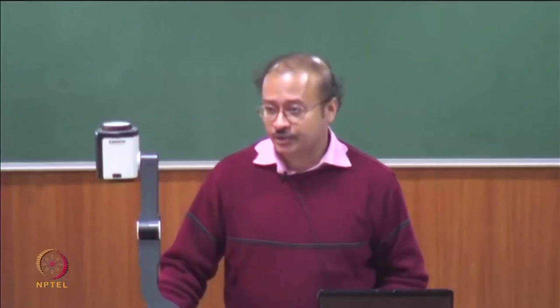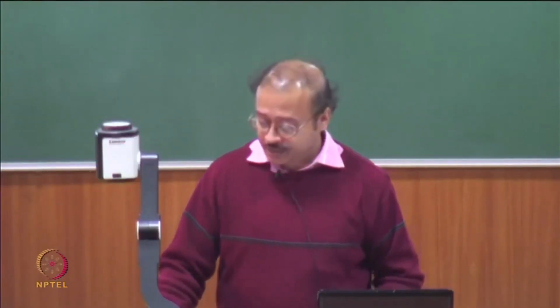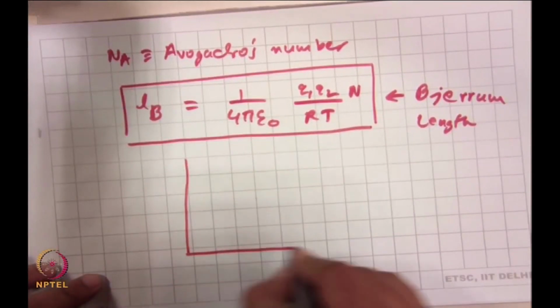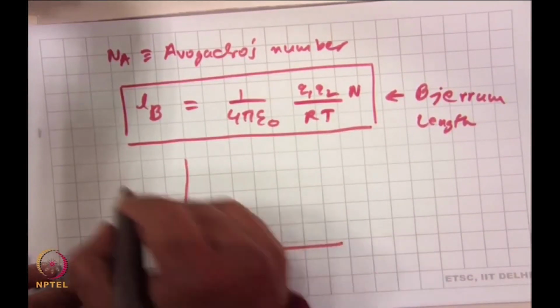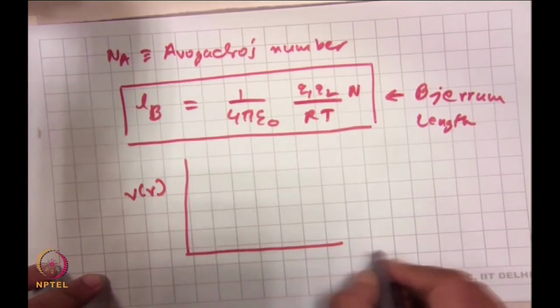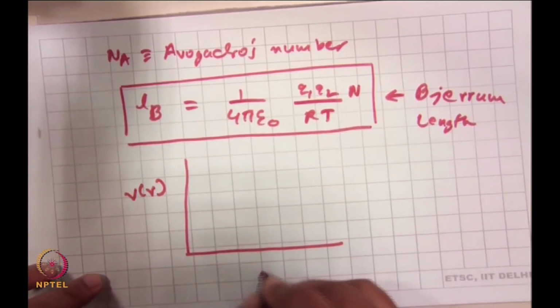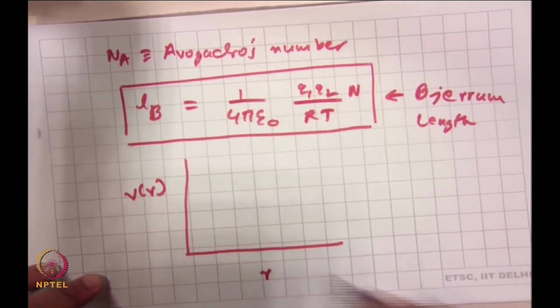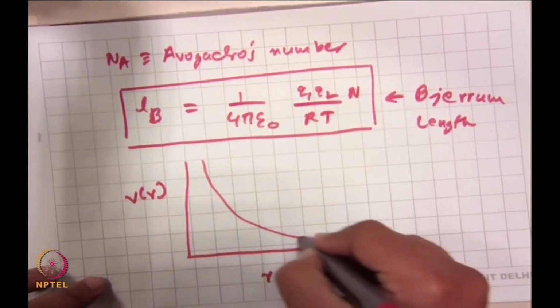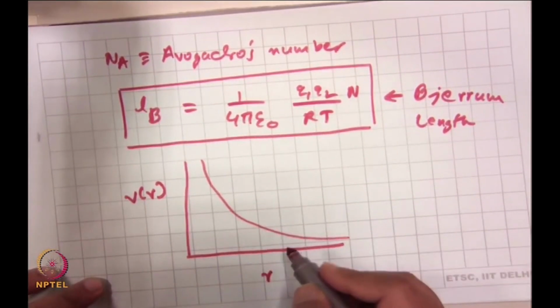Graphically, how would we understand this? Say, if I am drawing a graph, the graph is very simple. Suppose on my y axis I have V of R, which is essentially your potential energy. On my x axis I will have R, because you are plotting the potential V of R against the distance of separation between these two charges. So if your potential energy of interaction goes like this, just a random one, then